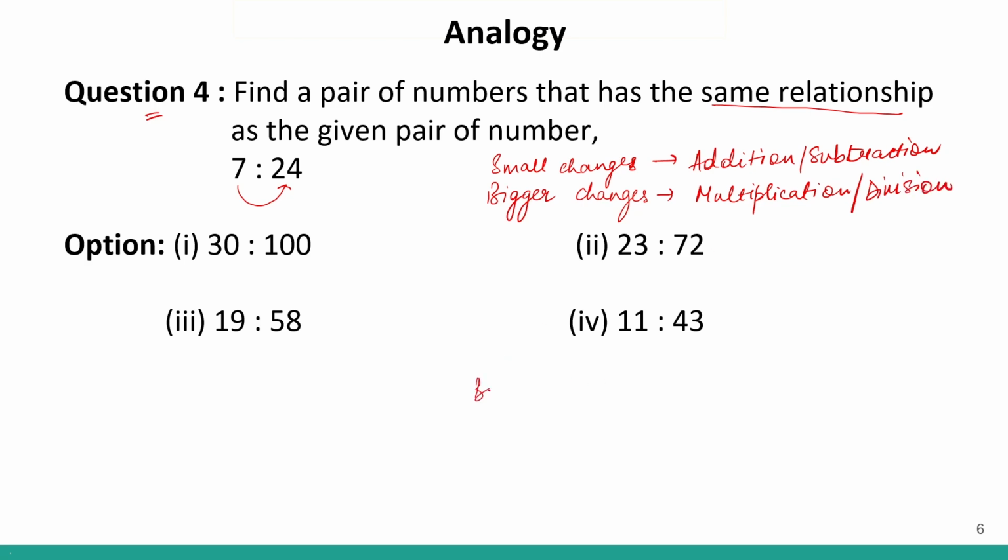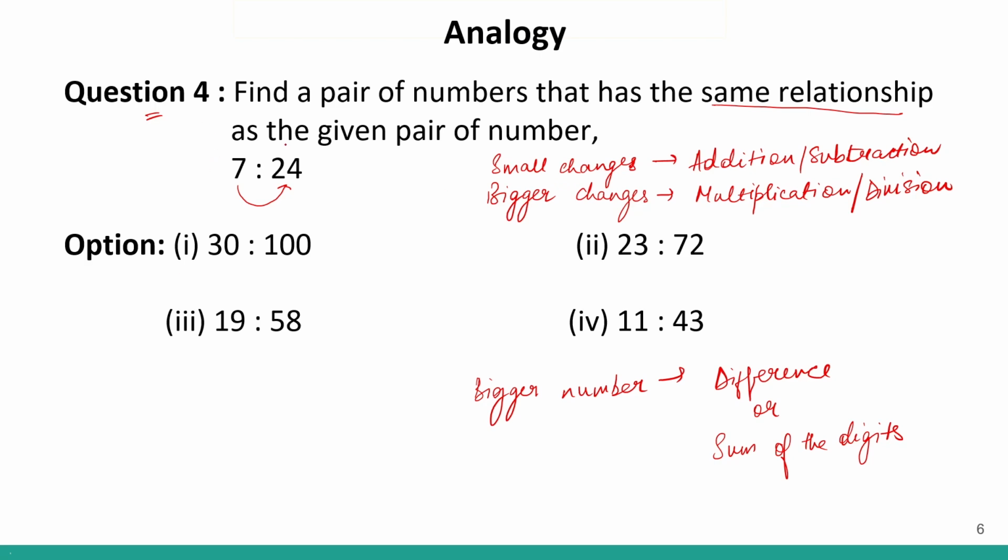And if you have bigger numbers, that means if you have 3-digit or 4-digit numbers, we assume that either we are looking at the sum or the difference, or we are looking at the sum of the digits. So this is basically your approach to solve number analogy. Okay, this is how you should proceed.